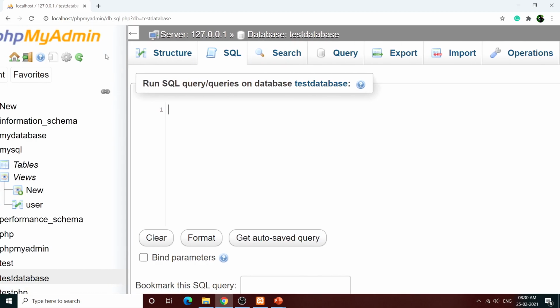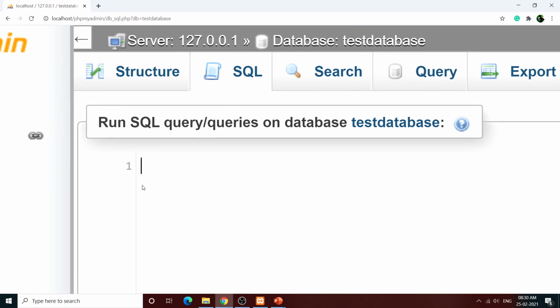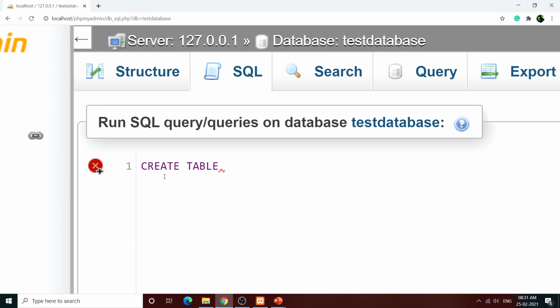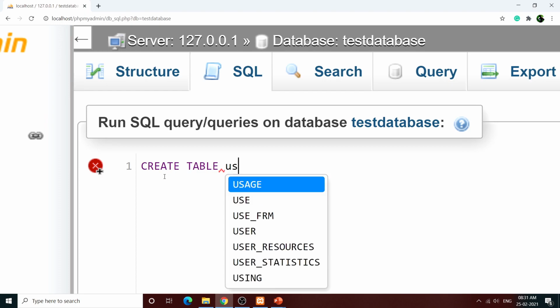Now the first thing that I will do is create a table, because I am now granting privileges to the users on a specific table. So first I will create a table. In order to create a table, we make use of the statement create table followed by the table name. In this case, I am keeping the name as users,